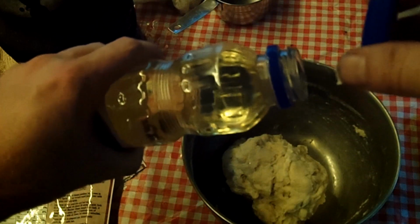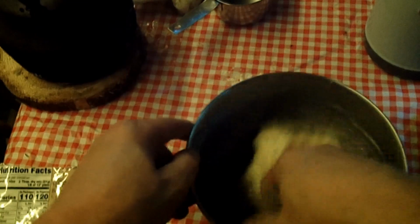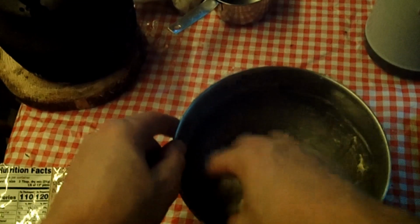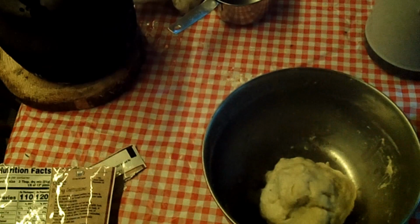I'm going to let it set, cover it, and let it set for about an hour, and then stretch it, preheat the cast iron, the Dutch oven. Preheat the Dutch oven when the time comes, and prep the vegetables in the meantime, and we'll get this pizza